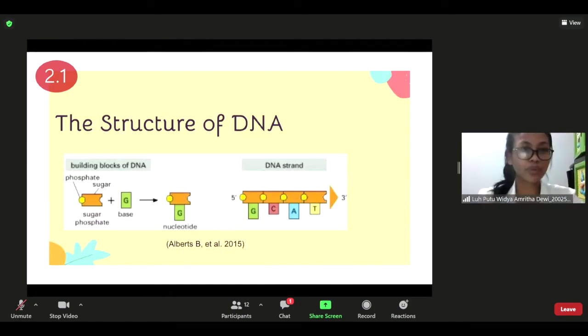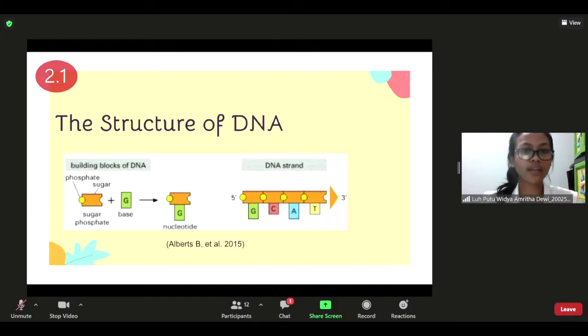Next. My name is Putu Dewi, and I would like to explain about DNA. A DNA molecule consists of two long polynucleotide chains composed of four varieties of nucleotide subunits. Each of these chains is called a DNA chain or a DNA strand. Each of these nucleotides consists of one 5-carbon sugar, which is attached to one or more phosphate groups and a nitrogen-containing base. The sugar in the nucleotides is a deoxyribose attached to one phosphate group, and the bases are adenine,